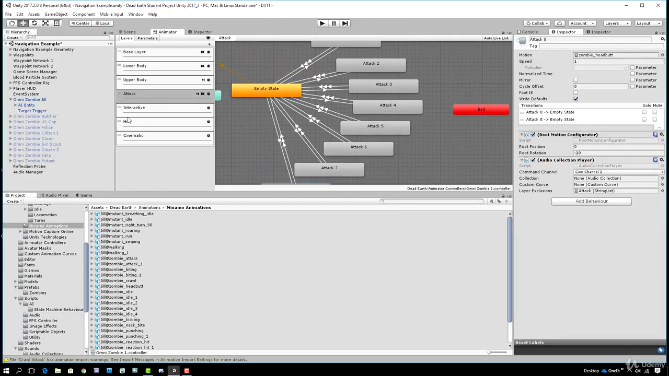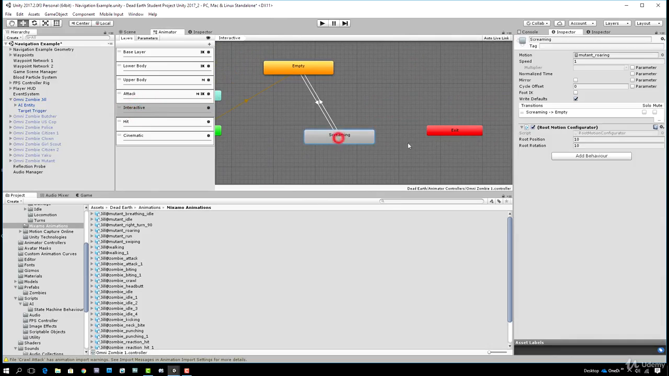So for now, the attack layer is done. The interactive layer has the screaming animation. We need to use a screaming sound for that, and that's going to be really easy. We're going to use a layered audio source, but I'm going to come back and do that in a moment because I want to talk a little bit about how I created the screaming sound effect that syncs up perfectly